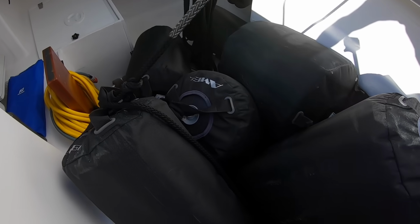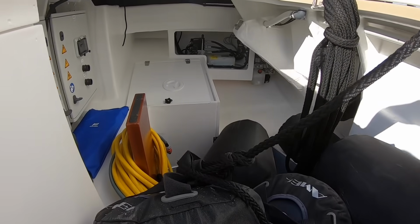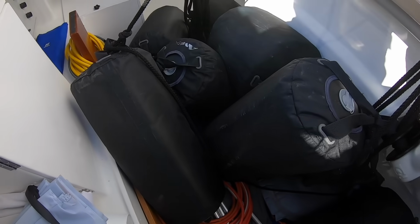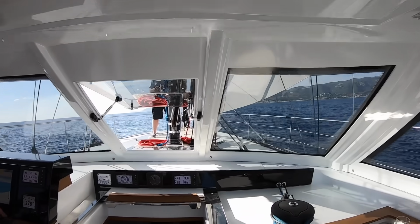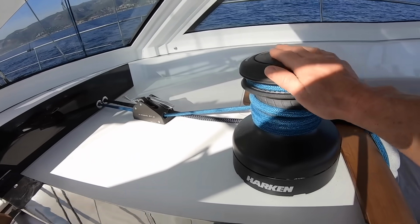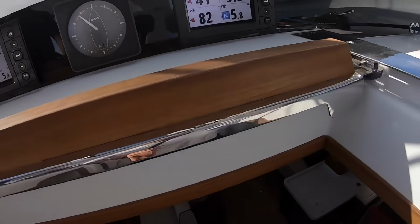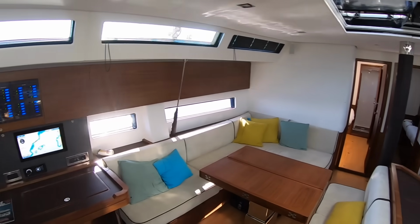So loads of stowage in here, bearing in mind the dinghy will go on the davits. Keep all your fenders and toys in here. Still get plenty of ventilation through that forward coach roof window. So this is for the main sheet winch here. And then moving in to the enormous interior,